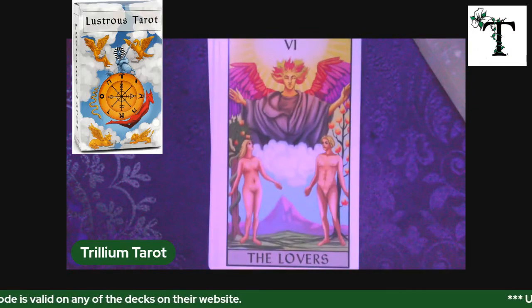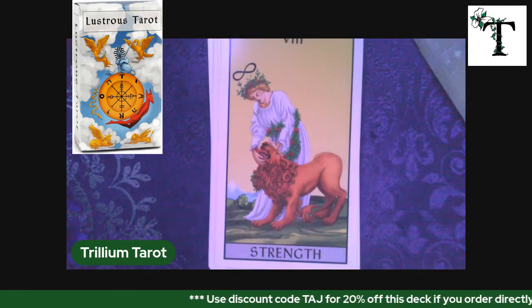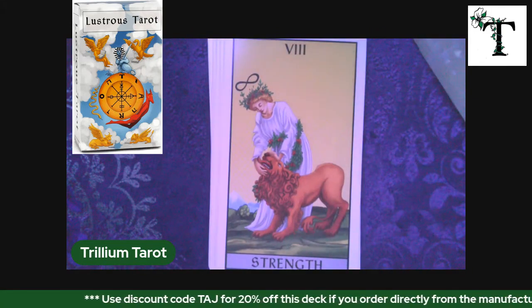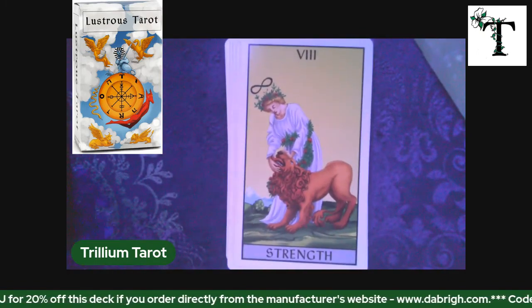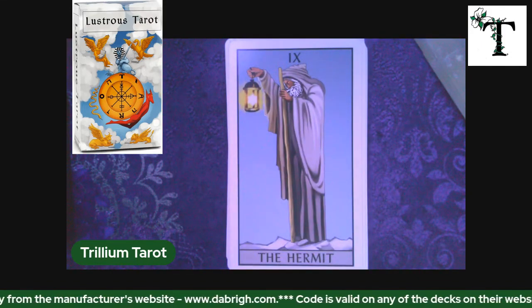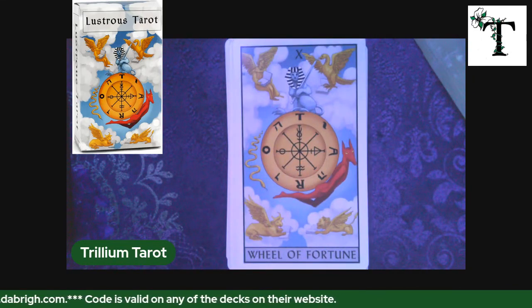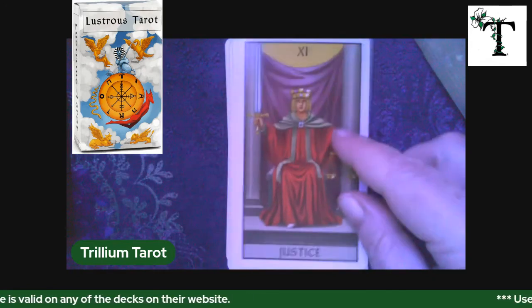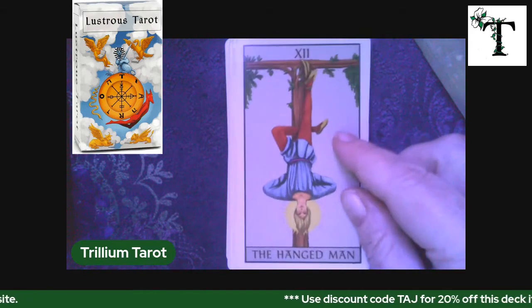So we go to Hierophant, and then Lovers, Chariot, Strength. Oops. Maybe I zoomed in a little bit too close, so I'll pull myself out a little bit there. There we go. Then we'll look at Hermit, the Wheel of Fortune, which is obviously the cover of the deck, as you can see on the overlay there. You look at Justice and Hanged Man,